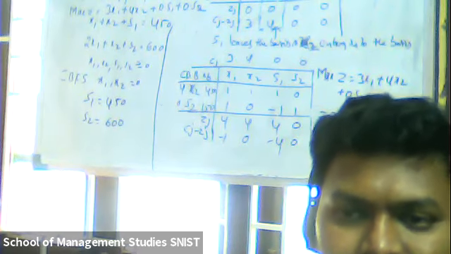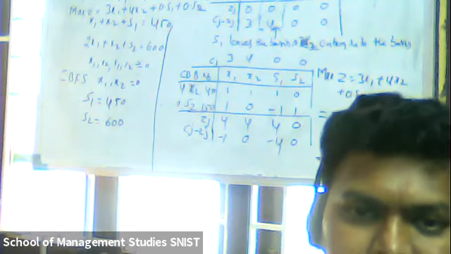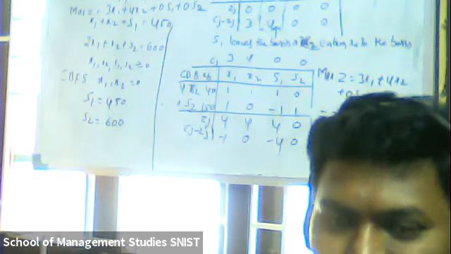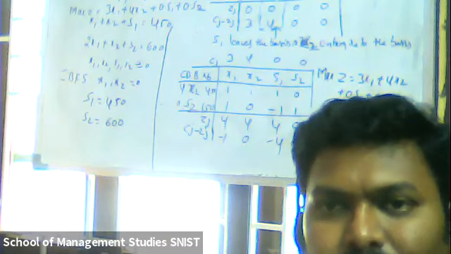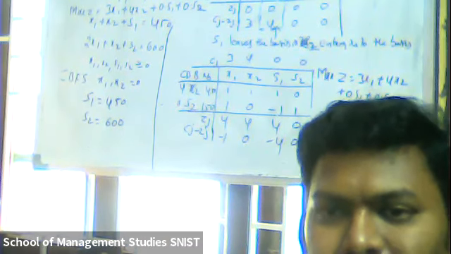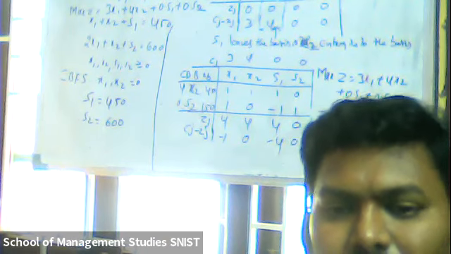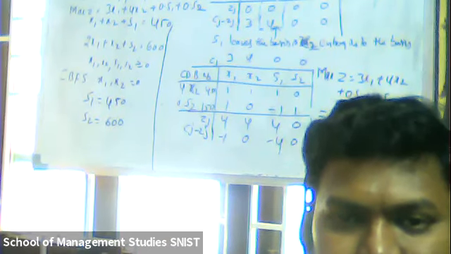Then to find out minimum exchange ratio or theta, we are going to write xb divided by that key column. Then based on that, we'll find out key row or pivot row, right? The minimum positive value will become key row, other than 0 or negative. So even if you get 0, please don't consider that, or negative value, don't consider that. Okay, positive minimum value becomes key row. So where the key column and key row intersect, it becomes the pivot element.